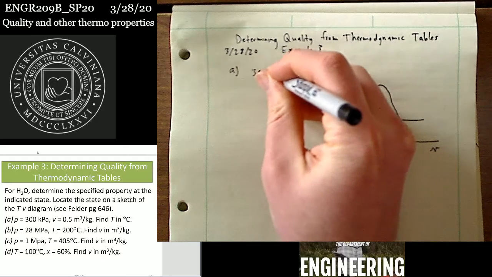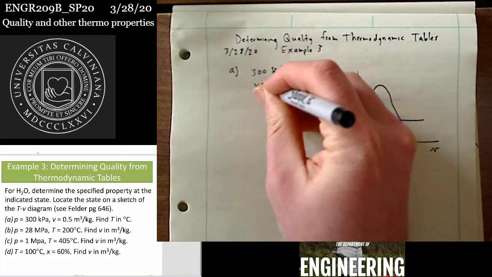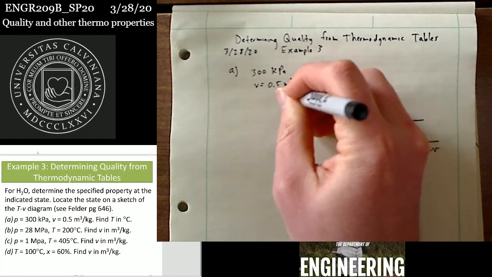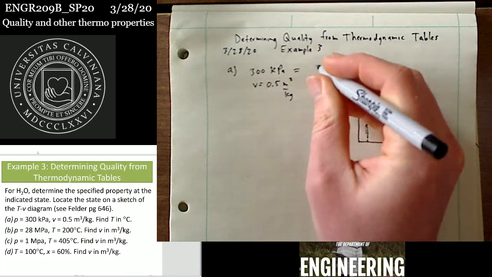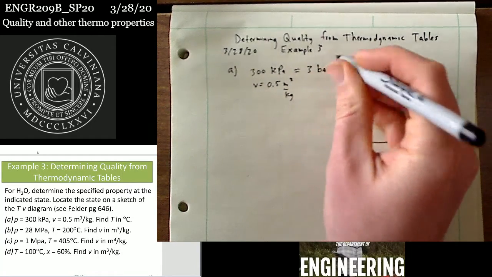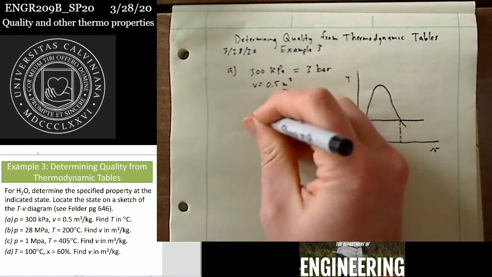300 kPa and 0.5 meters cubed per kilogram, this is just equal to 3 bar. So we need to convert that because our table gives it in bar as well. So we need to know how many bar it is. So for 3 bar, if we go down the left-hand side, we see that that corresponds to a saturation temperature